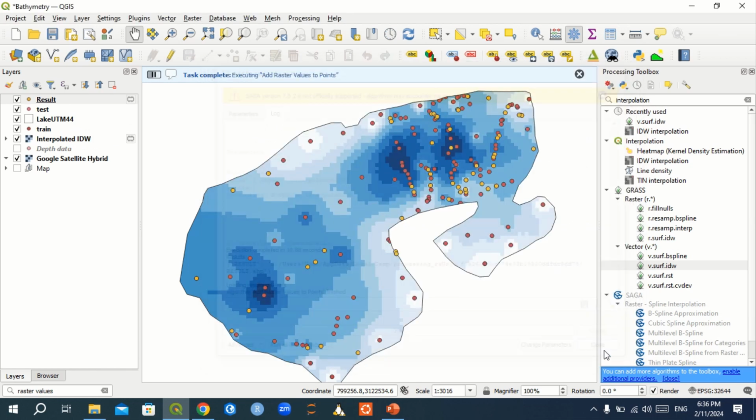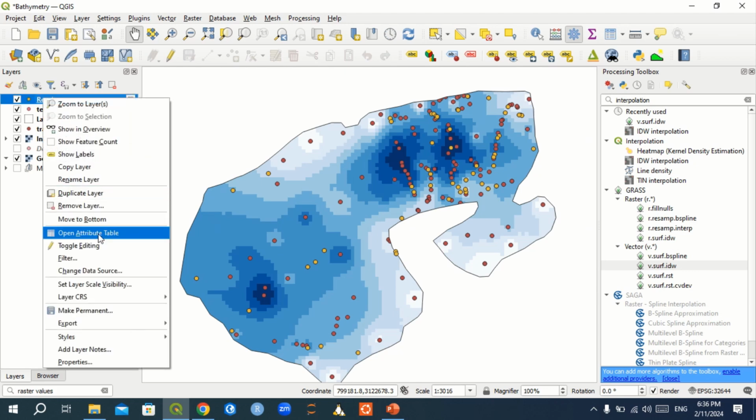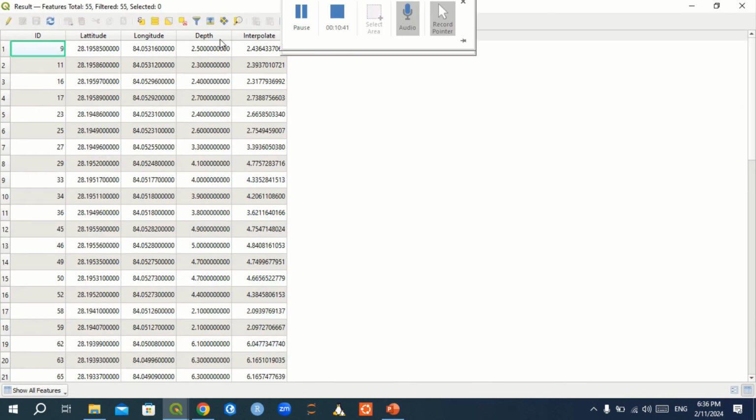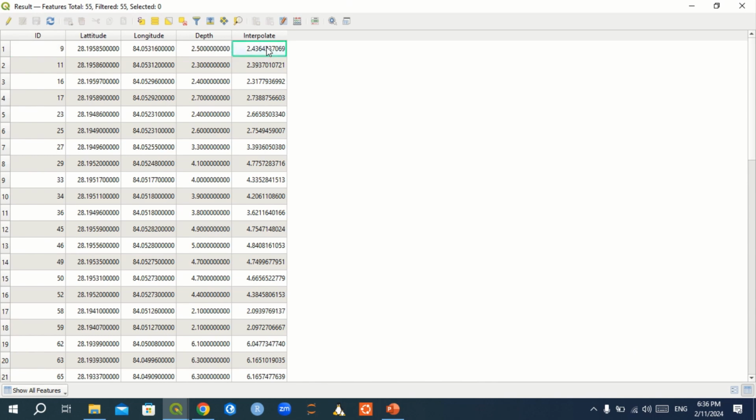So here is the result. We can see the attribute table. There is the depth data, which is measured data, and interpolated data, which is the predicted data by our IDW interpolation method. So we will use interpolated depth, and this is known as the predicted, and this is observed data,